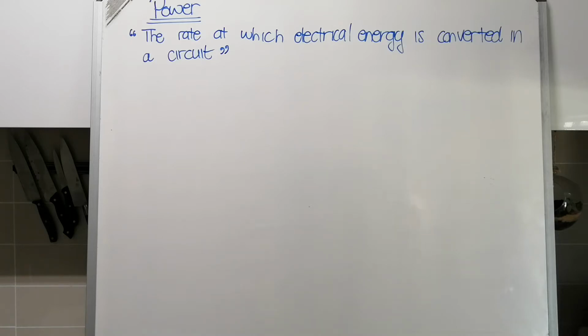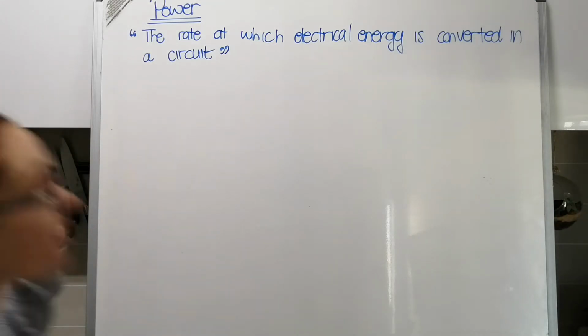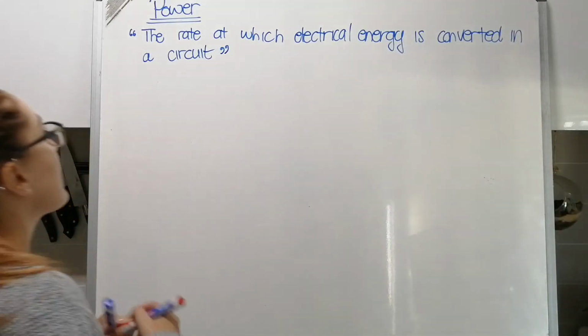Power is the rate at which electrical energy is converted in a circuit. So usually we use the word dissipated. The question might say, determine the power dissipated by the light bulb in the circuit, or you could do it for the whole circuit. Obviously you need to please know the definition off by heart,